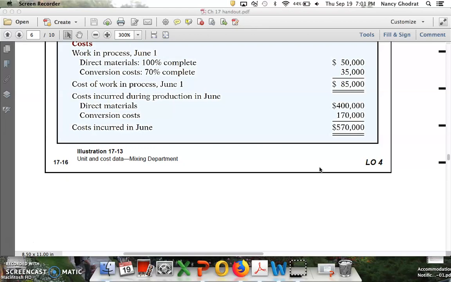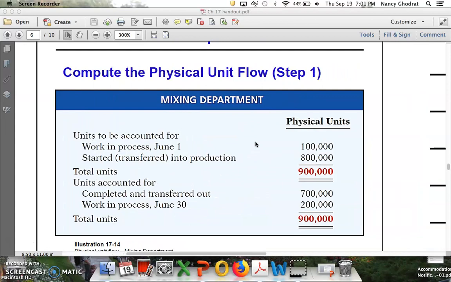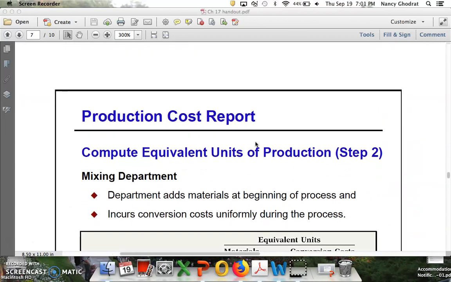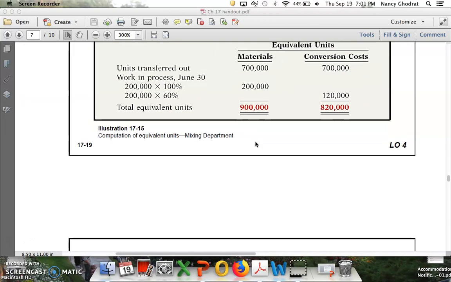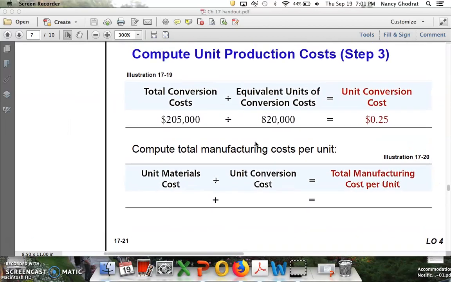So if we want to know in total how much material cost us for beginning work in process and units transferred out, we need to add the 50K to the 400K. When we do that, you will see that I'm arriving at, okay,